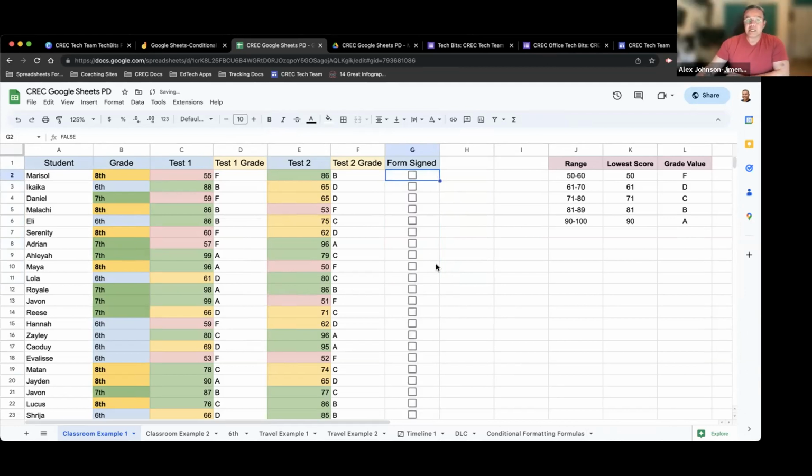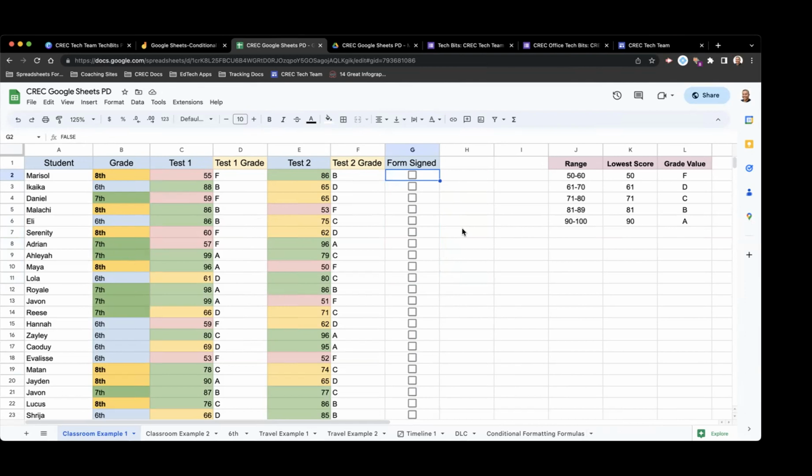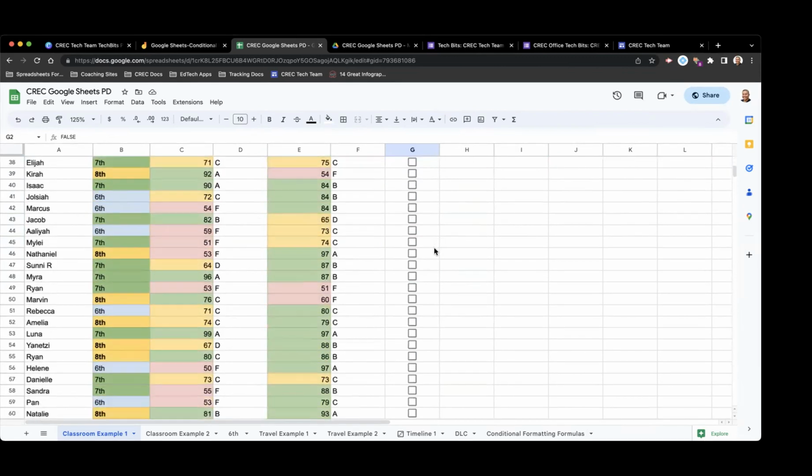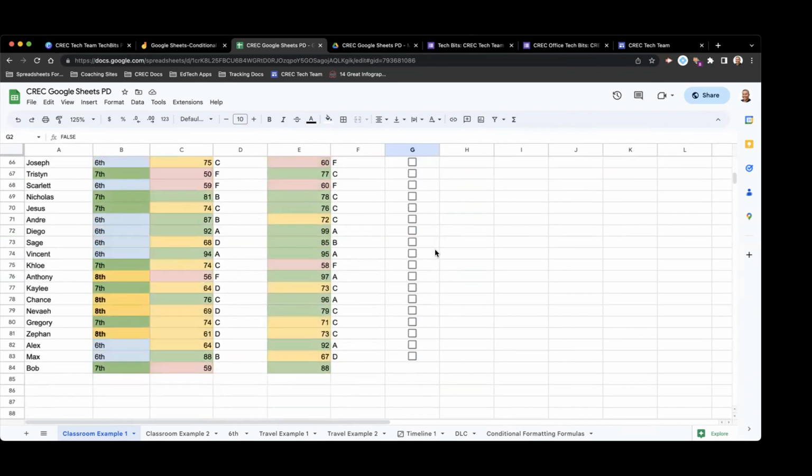Okay, now let's talk about checkboxes for a second. Alex: Yes, can I please interrupt you before you go to checkboxes? Mhm. I know the sheet you gave us to practice on doesn't have the letter grades, but when I put in my new student at the bottom and put her in 7th grade, how do I get that 7th grade to, because it doesn't have a rule,